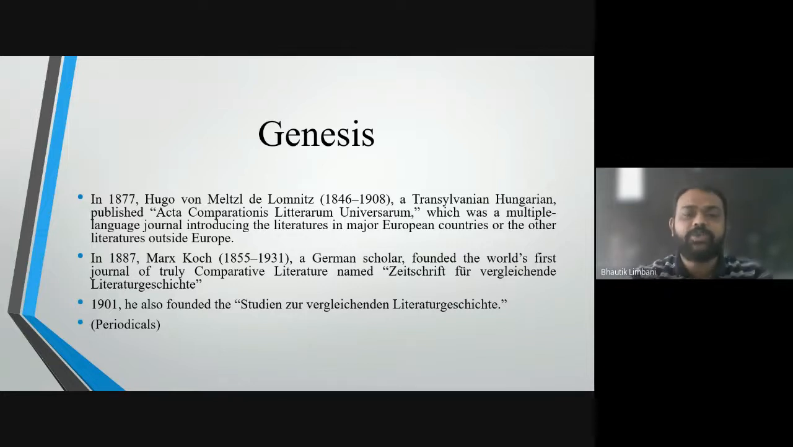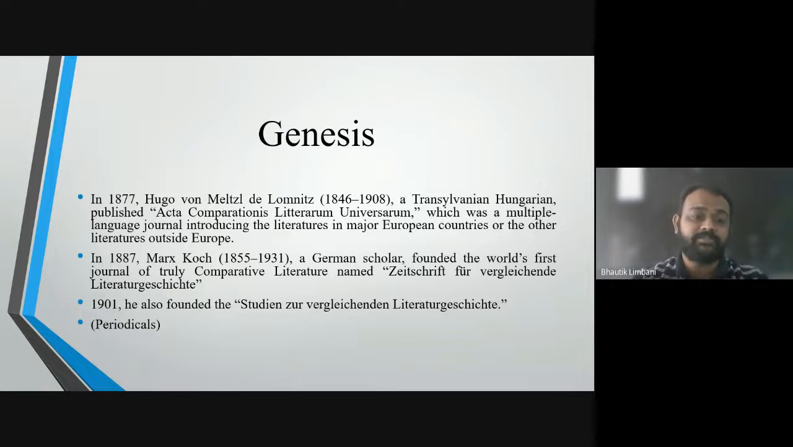Then let us have a look at the academic institutionalization of this new method or methodology of studying literature in Europe. I have given you just data of how it all started in academics. There were some periodicals in the 1870s to 1890s, or in the first decade of the 20th century, that sensitized this term and created a trend to talk about comparative literature in Europe. So in 1877, somebody called Lomnitz, basically a Hungarian,